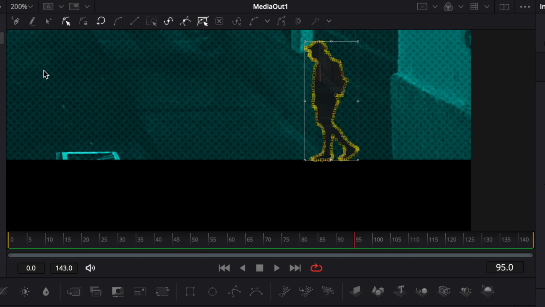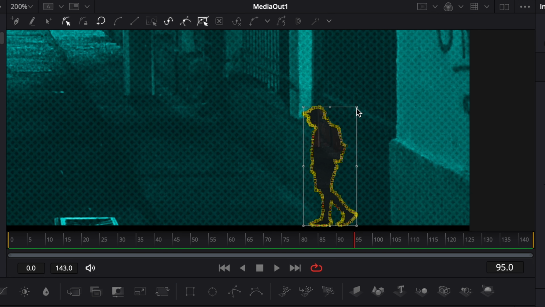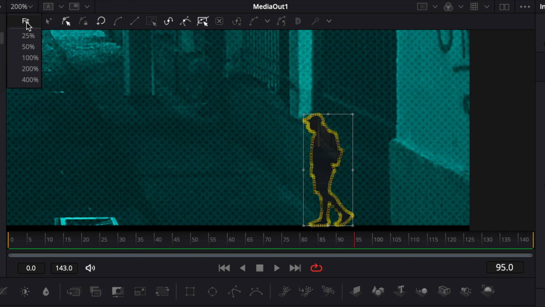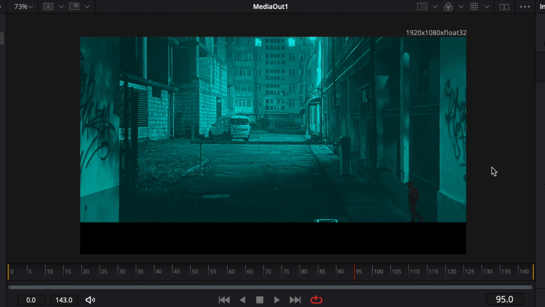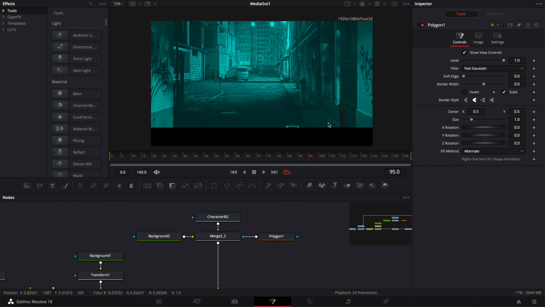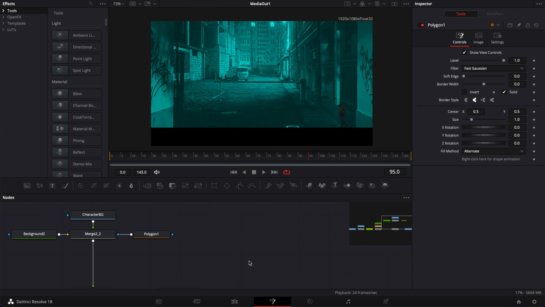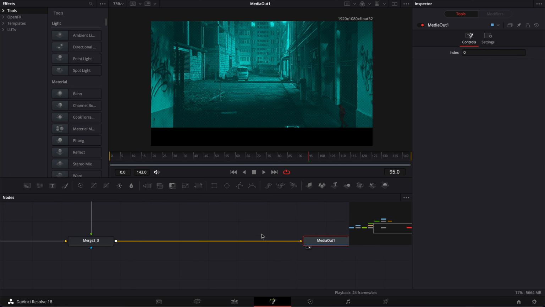Then unzoom a little bit just to make sure the size seems right. So here I'm just gonna make it maybe a bit smaller and then just completely zoom out. I think the proportion seems pretty right, so I'm just gonna leave it like that. It seems fine. Now we're gonna need to add some color to it. So to do that, we're gonna need a new background. So I'm gonna just move here my media out.